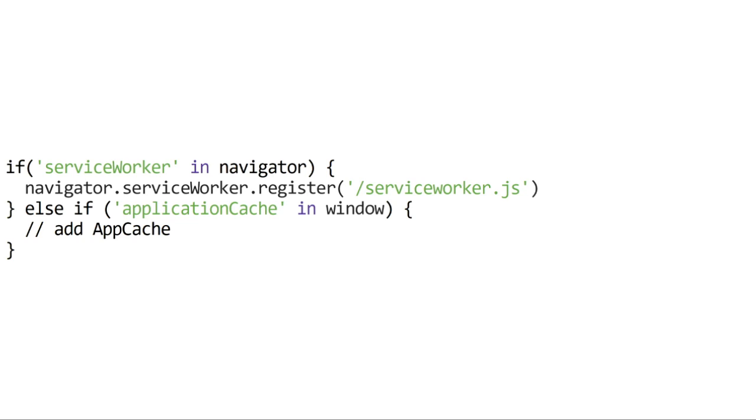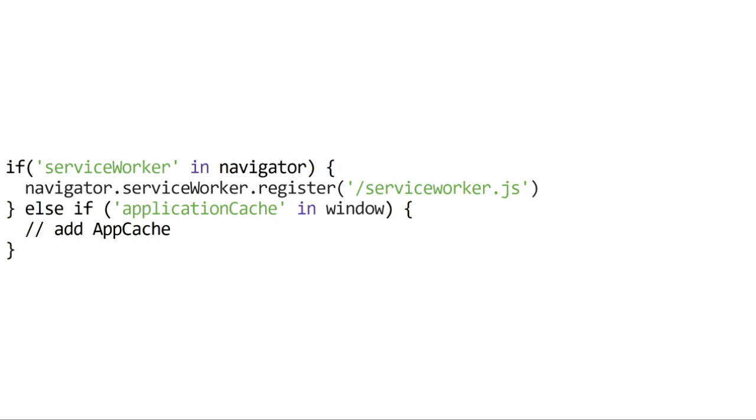If we only want to store a collection of files. Remember that application I'm making is effectively just a couple of JavaScript files, a CSS file, and an MP3 file. It's not really a whole lot of dynamic stuff. It's just a static list of files. It works. So what we end up doing is this logic. We check to see if service worker is enabled on the client. If it is, register. If it's not, we're going to fall back to app cache, which is